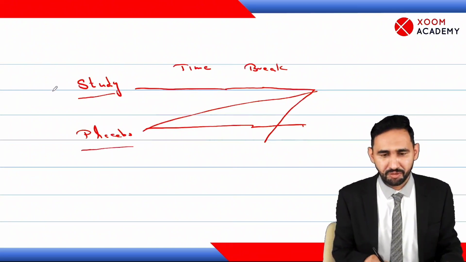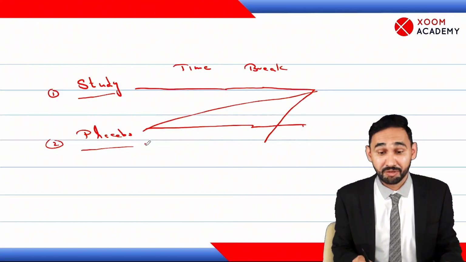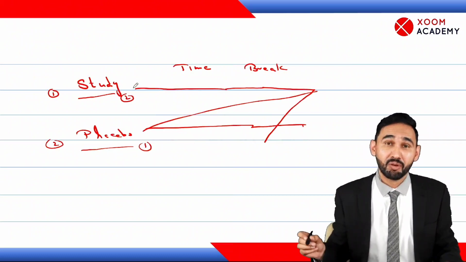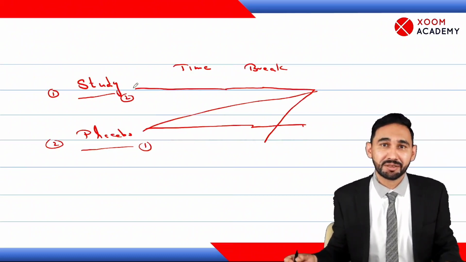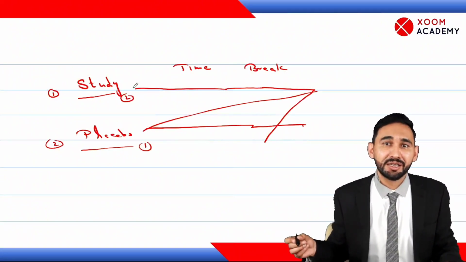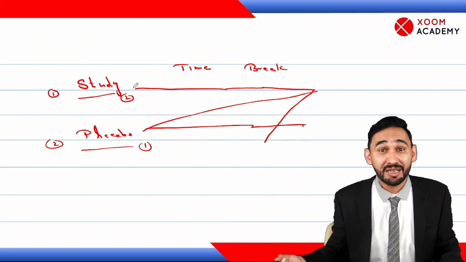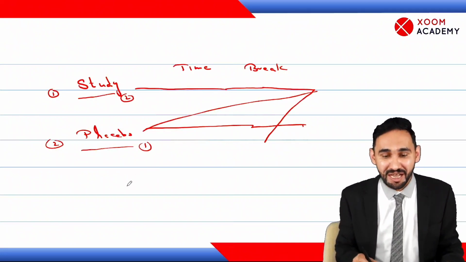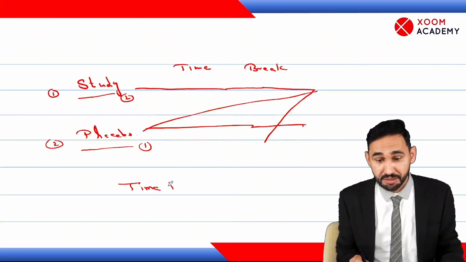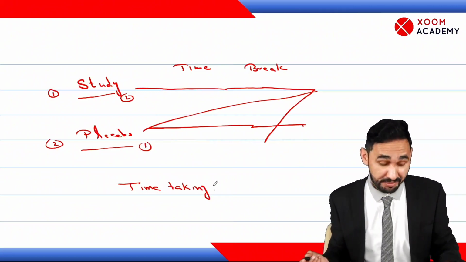Like we say that this is group number one, this is group number two. After some time, this will become group number one, and this will become group number two. So both the groups have equal chance of intervention. Our intervention is being done on both the groups. This is crossover trial. This is ideal trial. But the problem with this is that it is time taking. It takes double time. It is expensive.